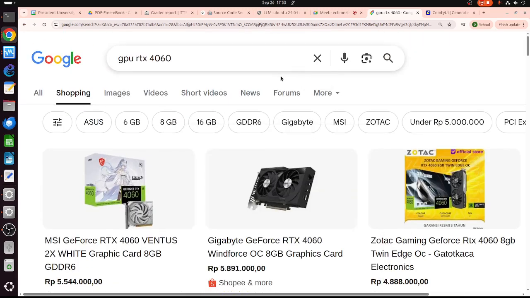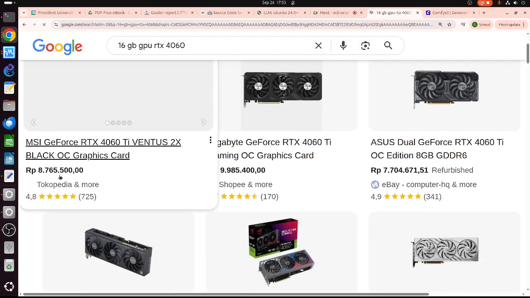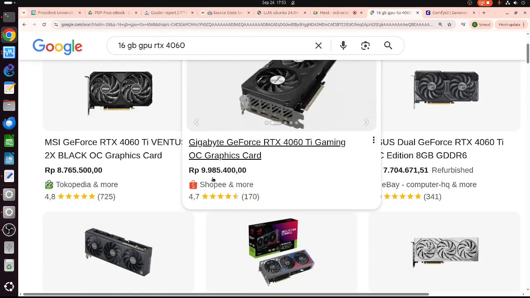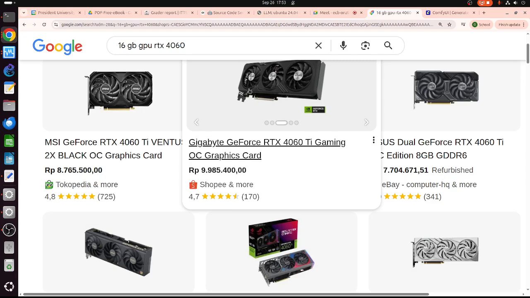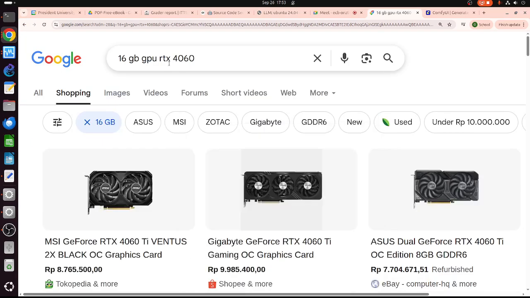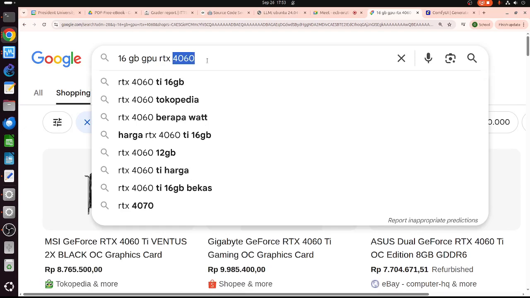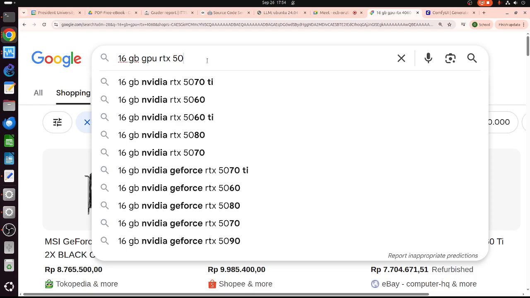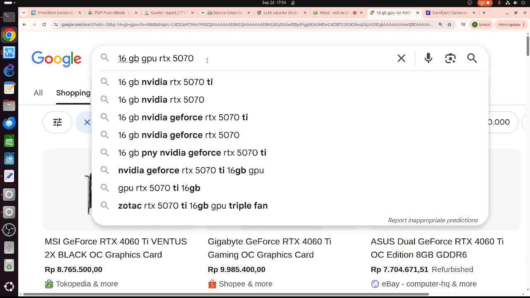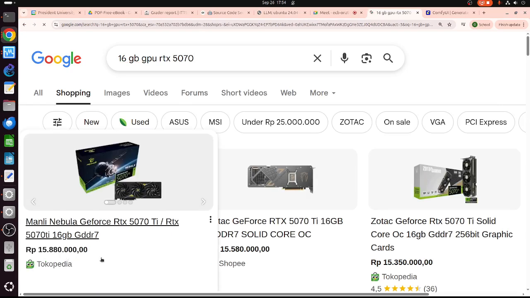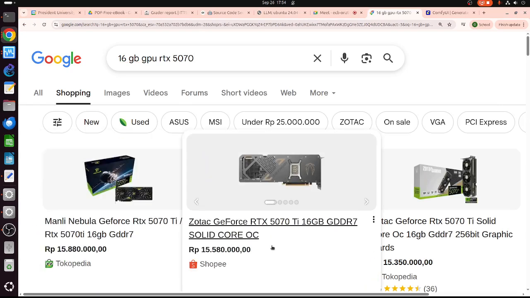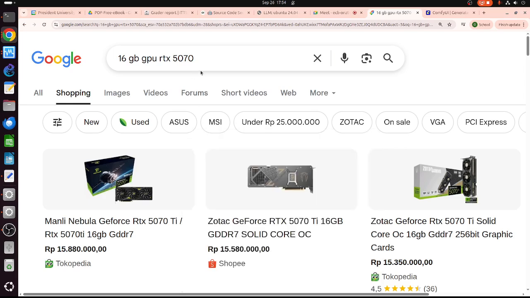But that's the cost. If you want to get better results, I think you need to have like 16 gig or something. See this? It's close to 10. That's expensive. One of my sons, I think he bought something like this, a 70 or something. He's crazy. It's close to 20 million. So he has one of these things. Okay, I don't have one. That's for gaming, basically.